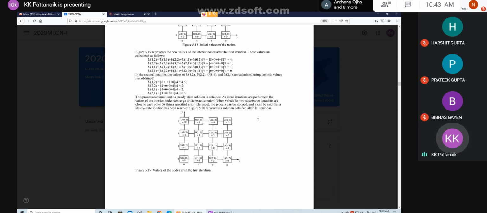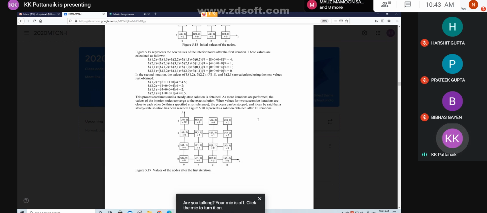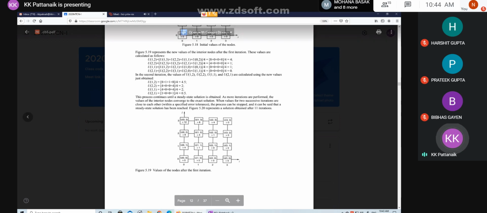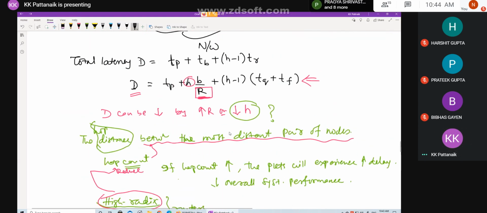Lesser diameter in the sense of how many hops are required to reach from one node to another node. We studied in the last class that if there are fewer hops, the latency will be less. If you recall this one,